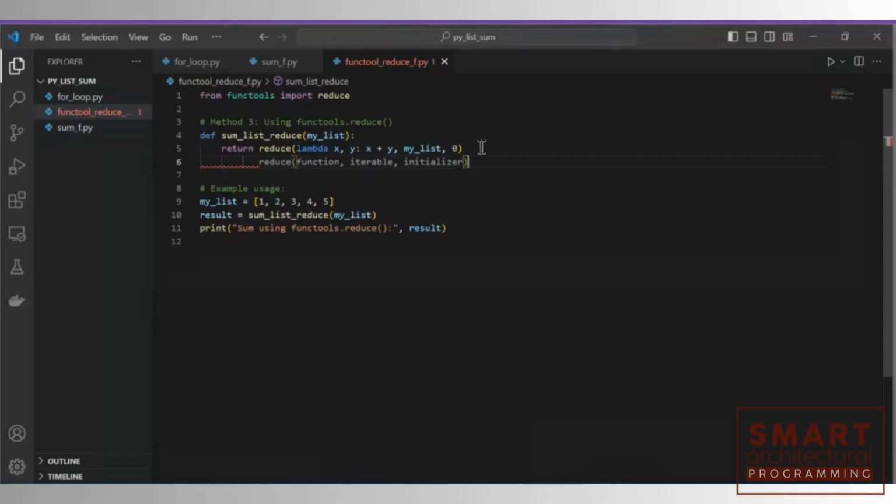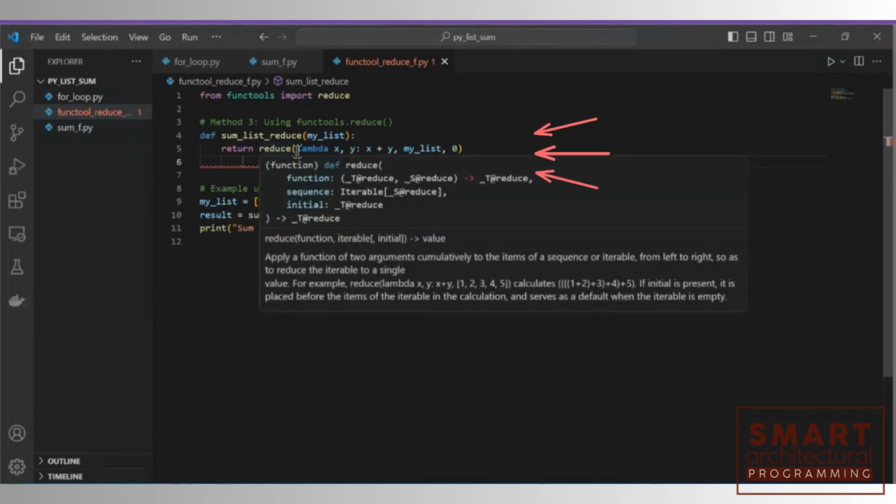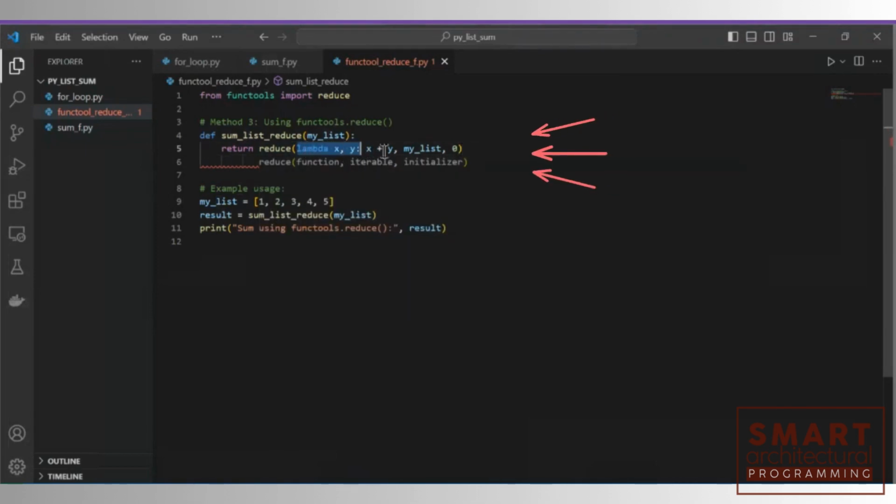Now, how does it reduce that into a single value? The first argument is called function. What it tells the reduce function is to apply this numeric operation on this collection of values to reduce them to a single value. So if you look at our reduce function on line 5, we have defined a function that tells the reduce function to do a summation operation. We can do a multiplication operation here. We can do a division operation here. We can do any manner of complex mathematical operation within this function on a single line to reduce the list